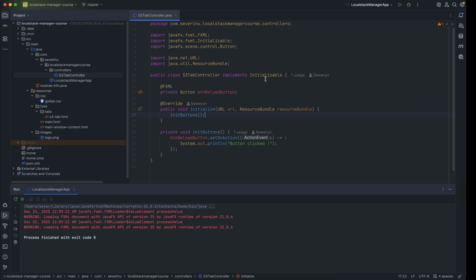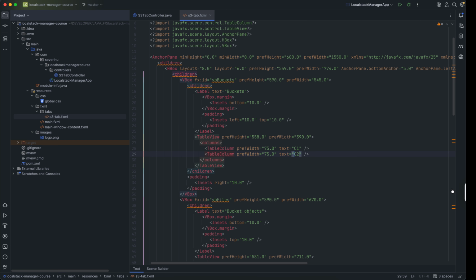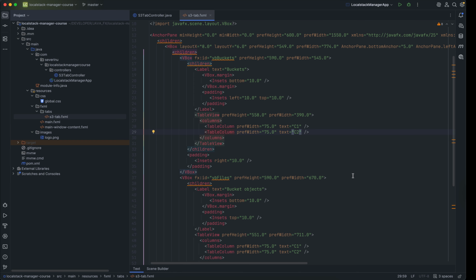Well, the first thing we should do is go to the table, that one, the table view, and we need to give some name to that table. Sorry, an ID. Let's name it S3 table buckets, like that. And the other table on the right,